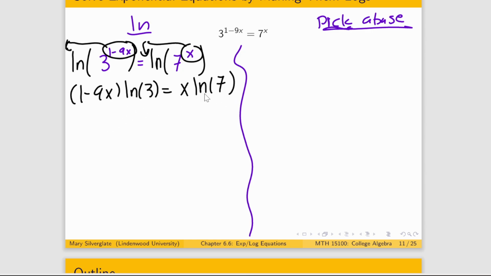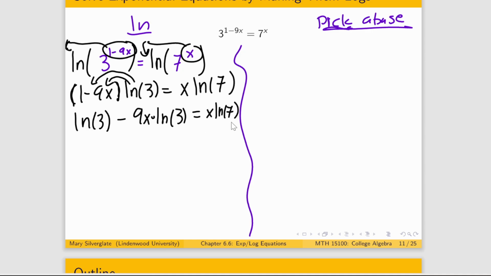Once you get here, your goal is to move all x's to one side, all constants to the other. And we can't quite make much progress towards that goal until we deal with the fact that we have a natural log being multiplied by something here in parentheses, and inside that parentheses is an x. So I'm going to go ahead and distribute that natural log of 3 to both of those terms. 1 times the natural log of 3 gets me the natural log of 3, minus 9x times the natural log of 3 is really just that. You can multiply it in any order, but that's all it is, equals x times the natural log